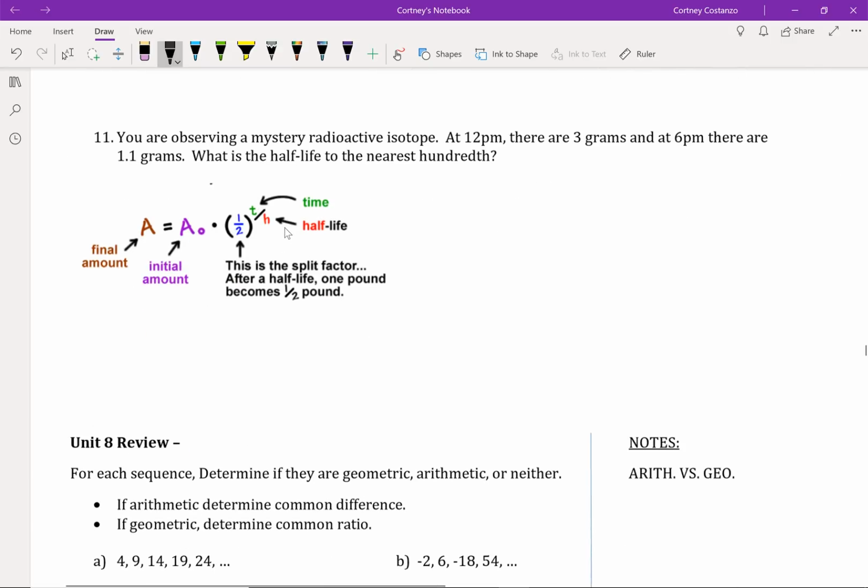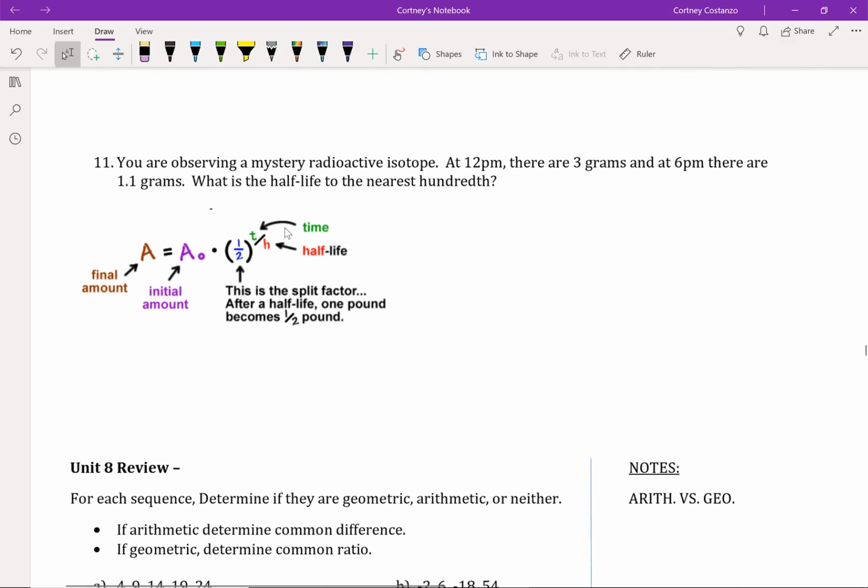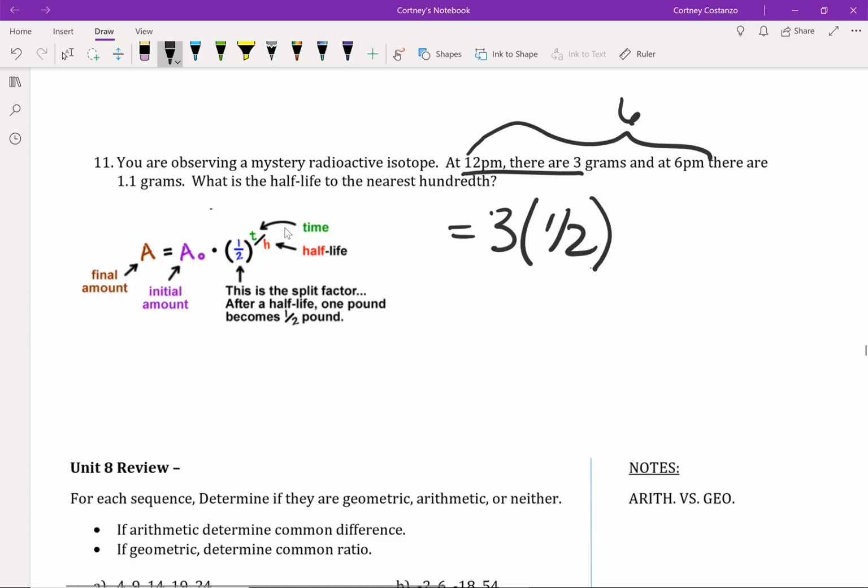All right, last one, half-life here. You're observing a mystery isotope. At 12, there are 3 grams, and at 6, there are 1.1 grams. What is the half-life? So let's think about that. If we consider 12 p.m. to be our initial time and our initial amount, then we are starting with 3 grams of some substance. And by the time it gets to 6 p.m., which again is 6 hours later,